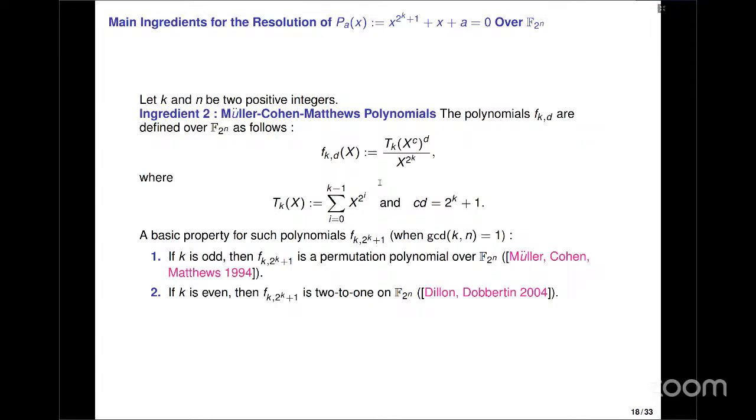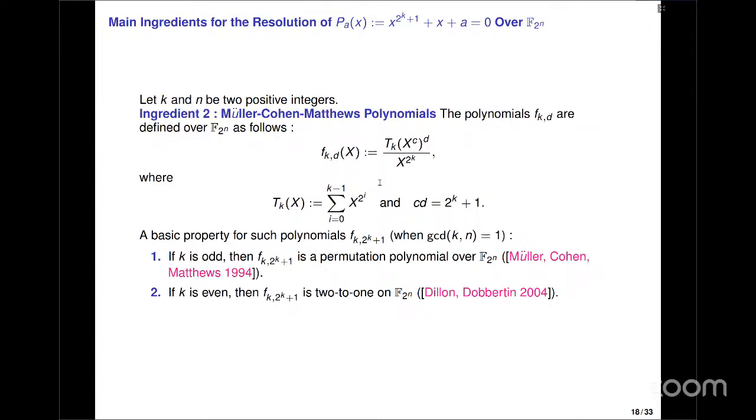The second degree that I use is the Dickson polynomials, in fact, which are defined as this. And this has been studied, with known properties. When K is odd, we know that it's a permutation. When K is even, so the